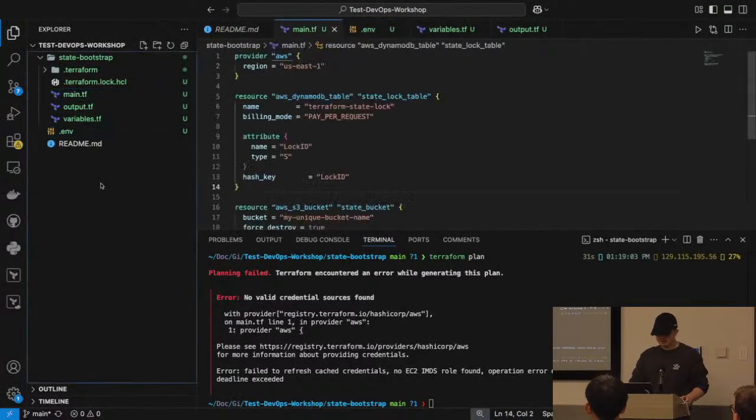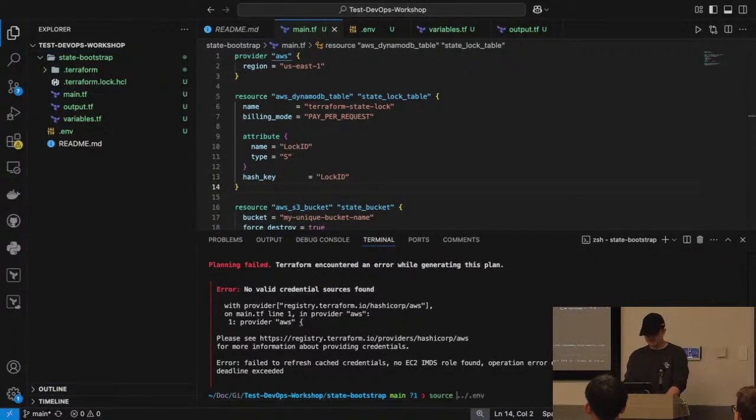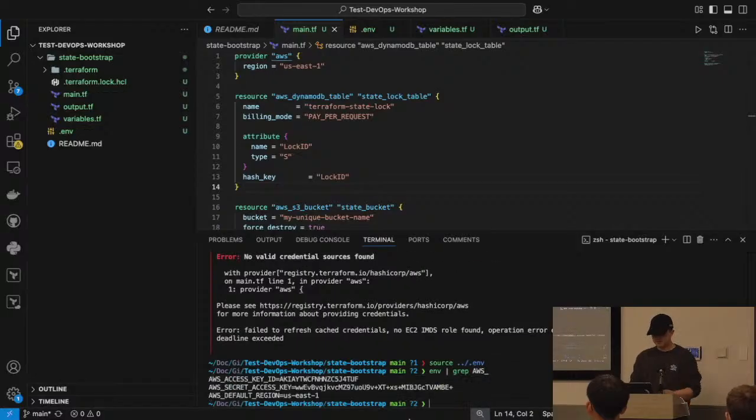And so what this lets us do is we can run source .env. We have to go back one directory since we're in our state bootstrap right now. And that will essentially populate our environment to be able to reference those AWS credentials. We can do env, and you can grep for AWS underscore, just to make sure that those actually got modified.